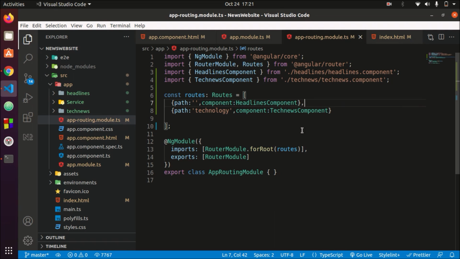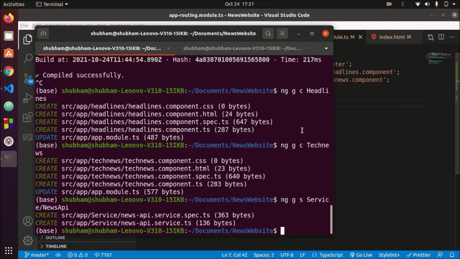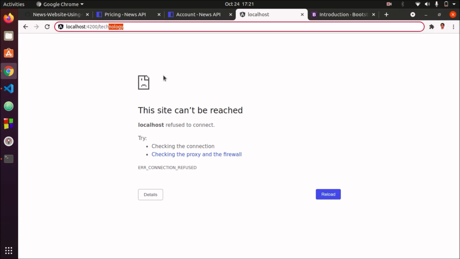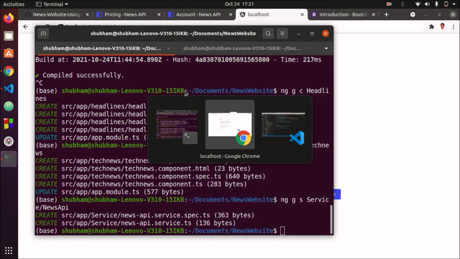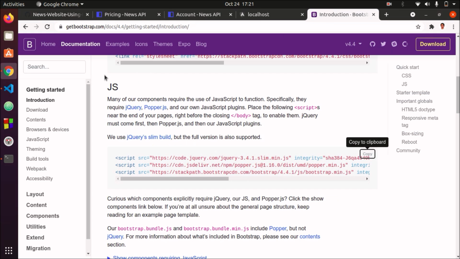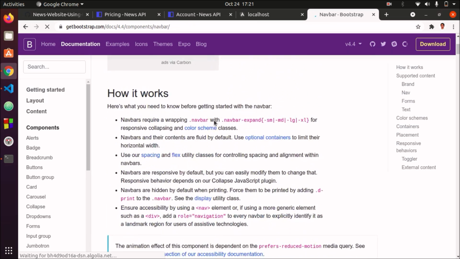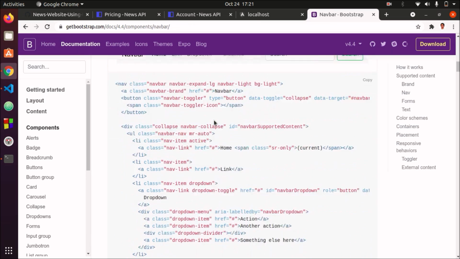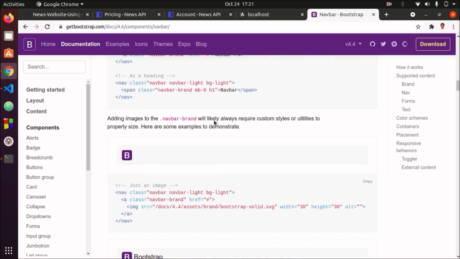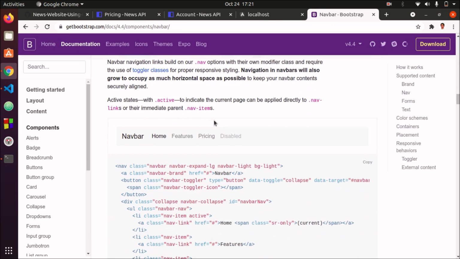Let's create our front page, where we will be having two buttons. We will be having our nav bars and all. So let's copy the code from Bootstrap. Navigation bar, yeah, we get the navigation bar, and we don't want this. We also don't want this. We want a simple looking navigation bar.